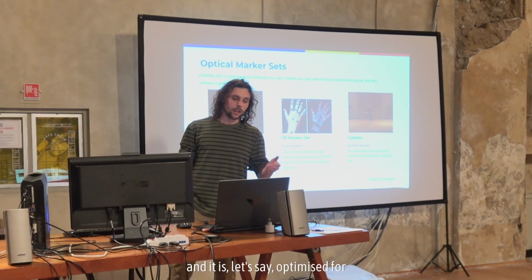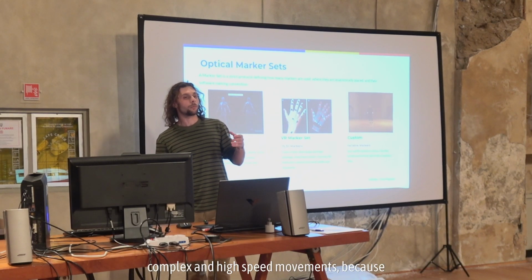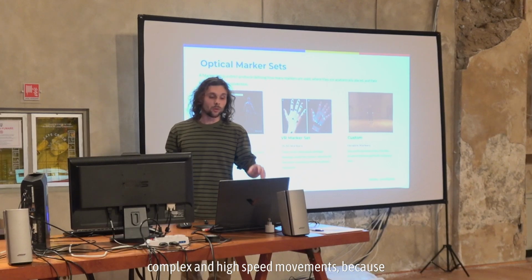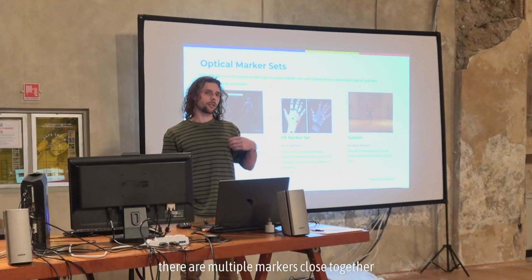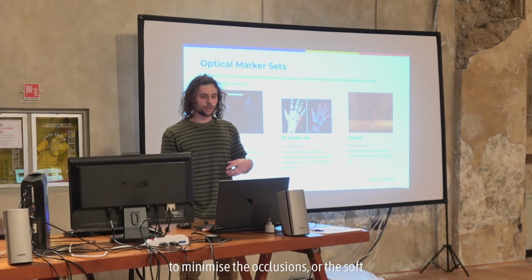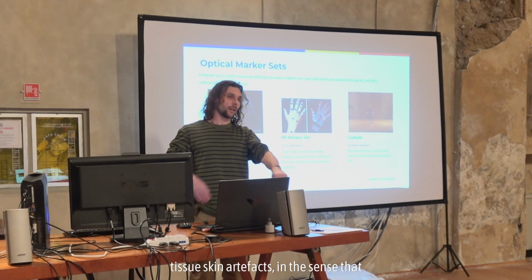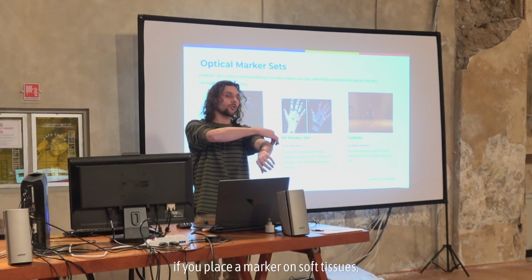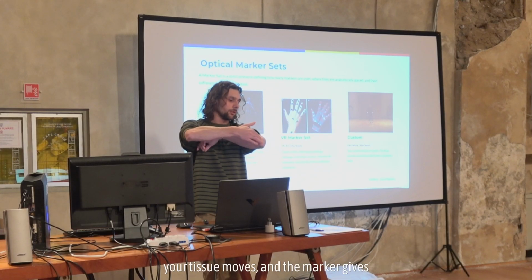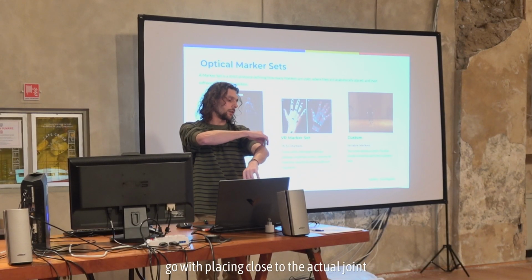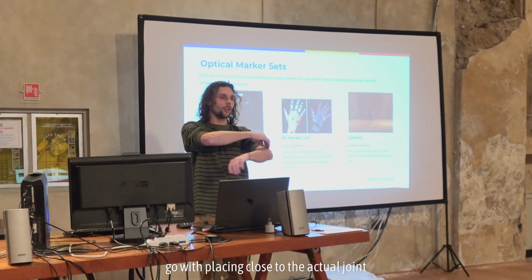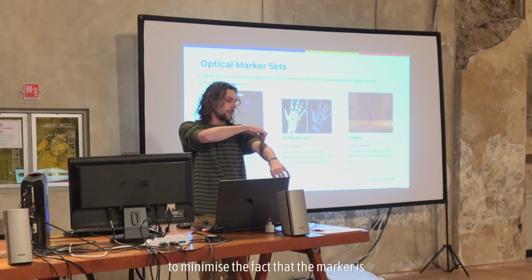And it is, let's say, optimized for complex and high-speed movements because there are multiple markers close together to minimize the occlusions or the soft tissue skin artifacts, in the sense that if you place a marker on soft tissues, your tissue moves and the marker gives you an unreliable movement. So you should always place it close to the actual joint to minimize the fact that the marker is moved